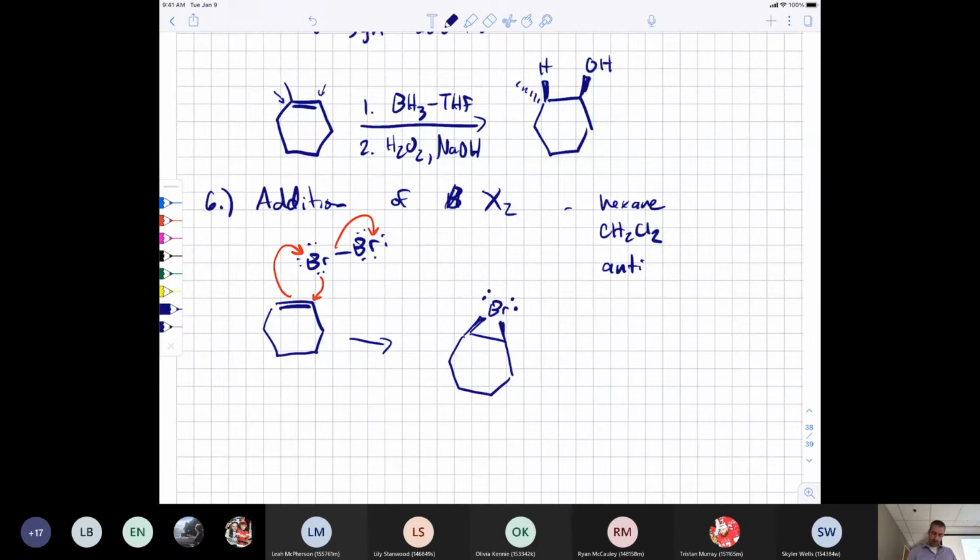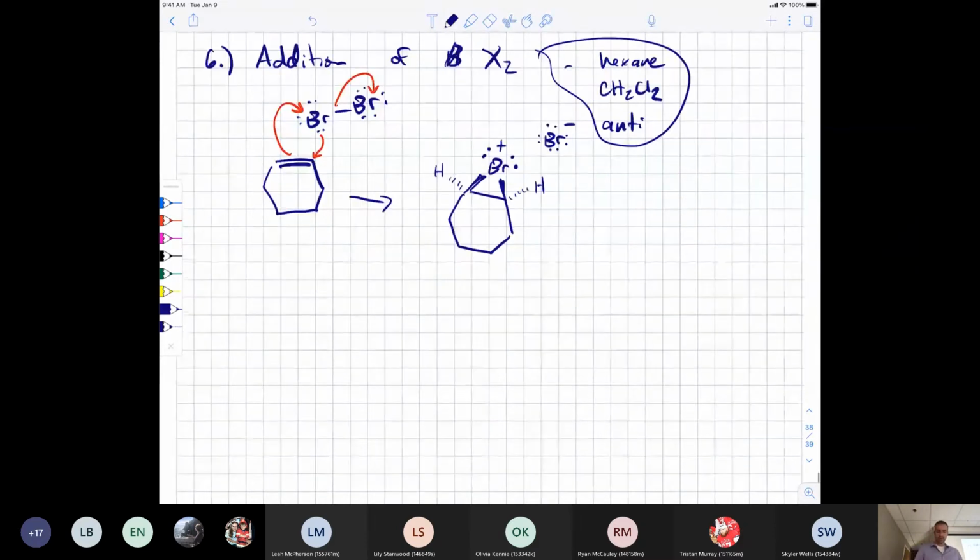And the Br that has left has an additional lone pair and a negative charge. We have hydrogens that were there before, and the bromine will have a positive formal charge. Okay, so it makes this weird looking intermediate, which we call a bromonium,